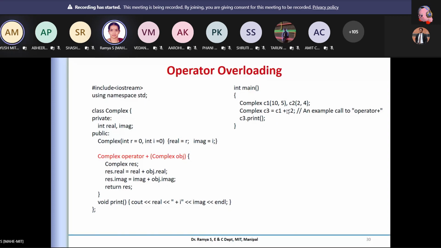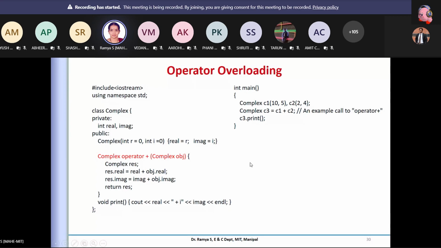Yes, student? Yes, ma'am. Okay, so that is operator overloading. Most of the MCQs will be asked on this, where they give a code snippet and you identify whether it is right or wrong, or find the error. So be careful how it is called, what keyword has to be attached, and how it will be invoked in this case.